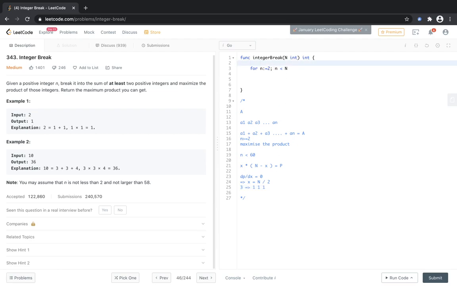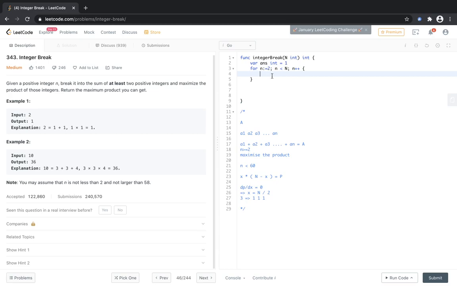But assuming that it can be the maximum product, for example when we have 1, it is given that n is at least 2. So what I'm saying is, what will be our answer? Our answer would be at least 1, because when we are dividing the number into all equal parts. But if we are not dividing it into equal parts, then this is the maximal we can reach. So n is the number of parts, or let's write it more clearly.